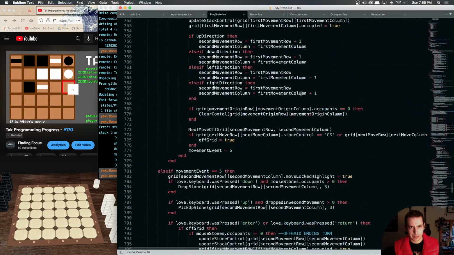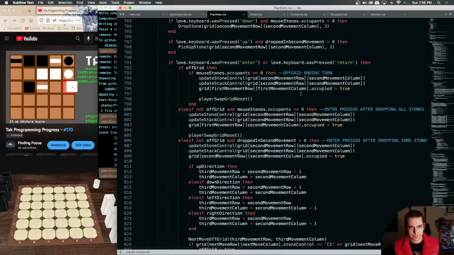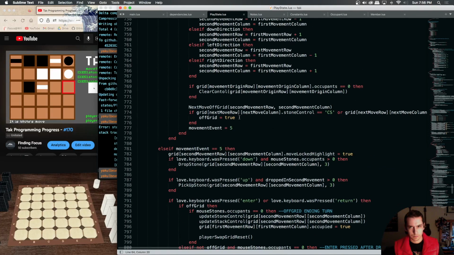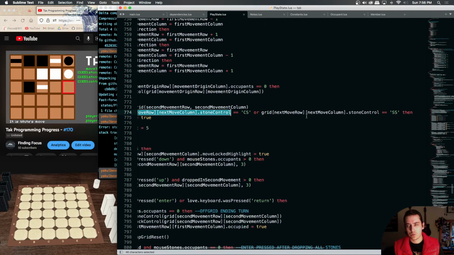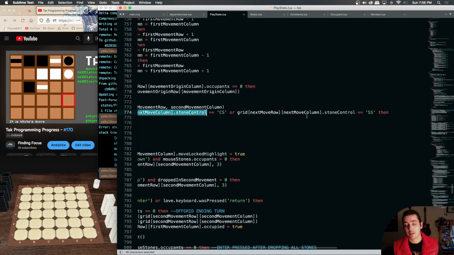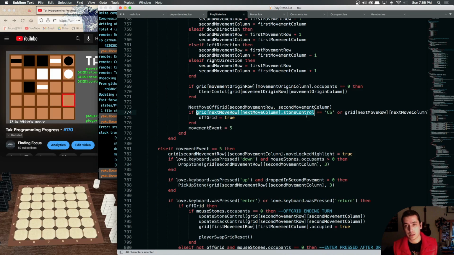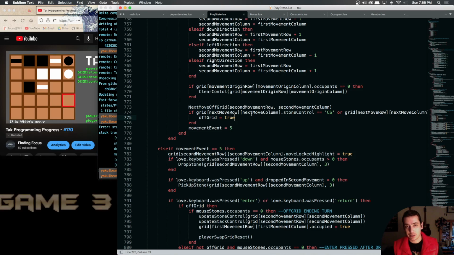Yeah, right here. So this is indexing a nil value, which is actually the line of code we just added yesterday. Which is a good explanation for why I didn't catch it yesterday. I didn't thoroughly test it, but